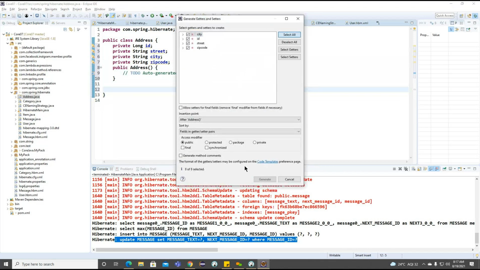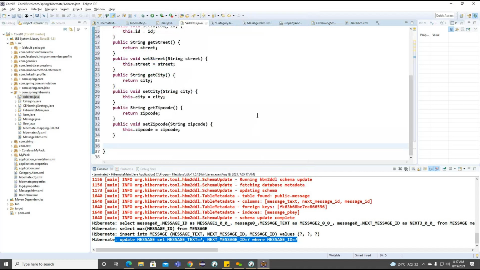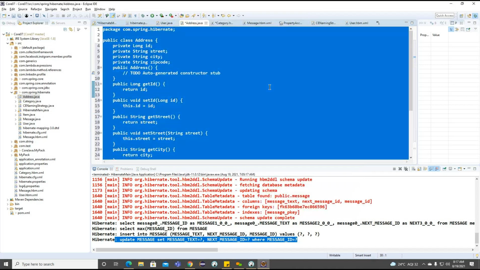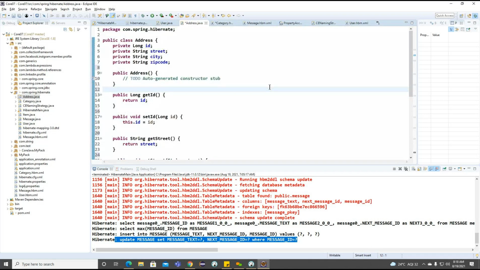And we'll try to set the setters and the getters. Right. Now we created, these are the properties.